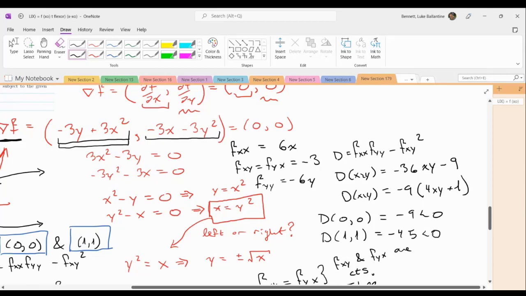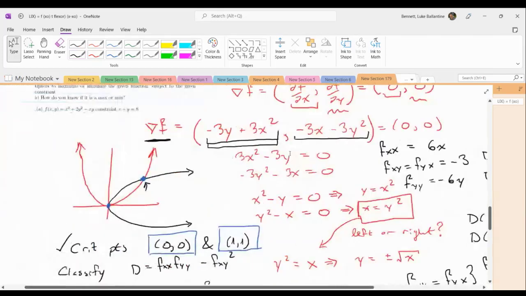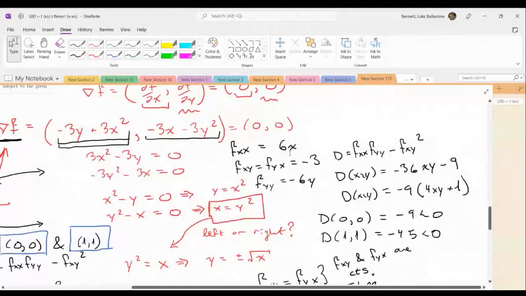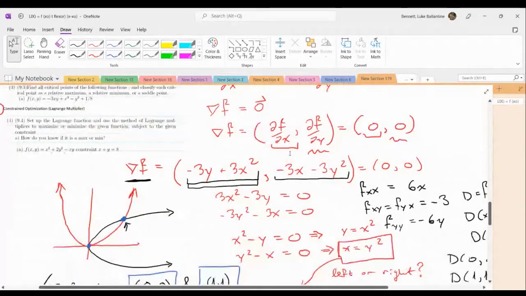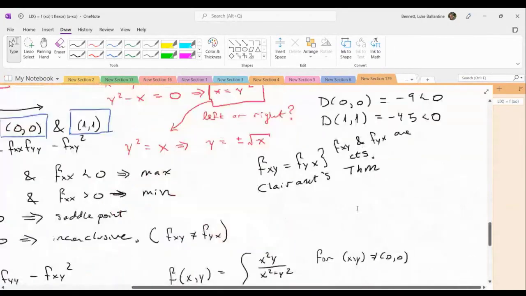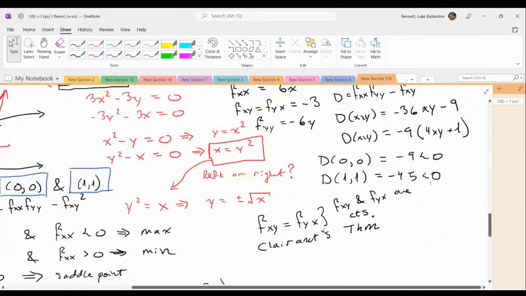That's kind of, oh man, that's not fun. So they're both saddle points. I guess this function doesn't have any maxima or minima. Yeah, that makes sense. It's cubic. Okay, well, that's disappointing. Maybe if it was an exam question, that would be a good thing, but as an example to show people,